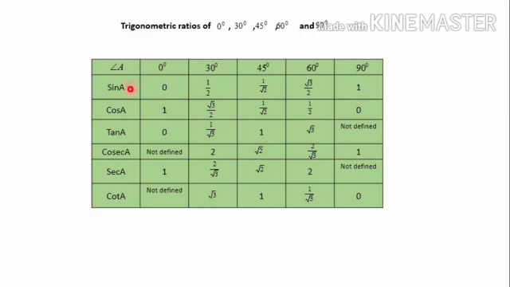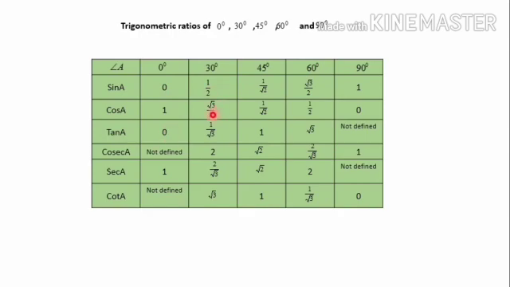Then by using these sin and cos values we can find tan, cosec, sec and cot. Now you may feel difficulty because you didn't study the formula. After studying the next topic it will be easy for you. So let's discuss here. For finding tan you have to simply divide sin and cos, that is 0 by 1, that is 0.